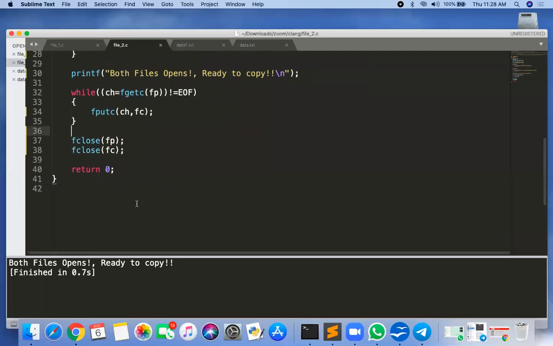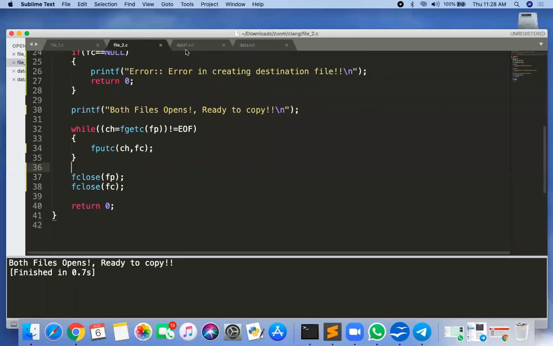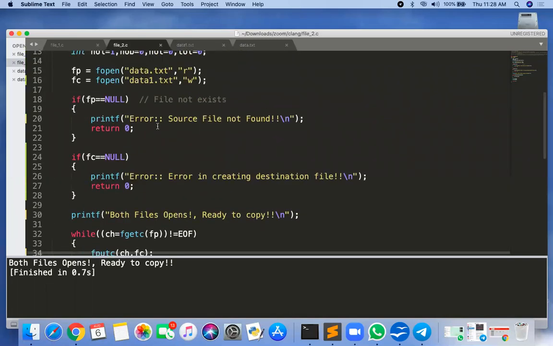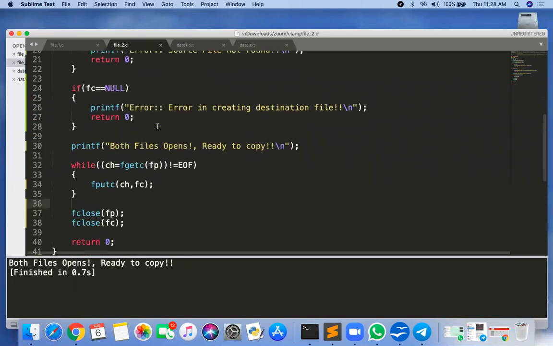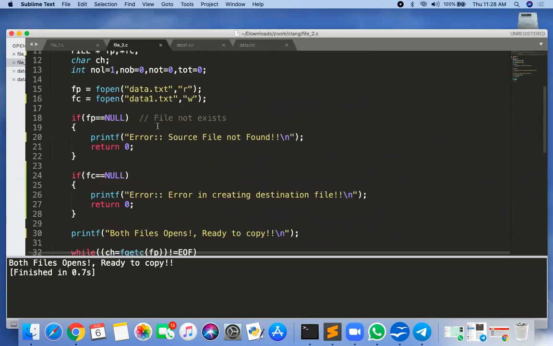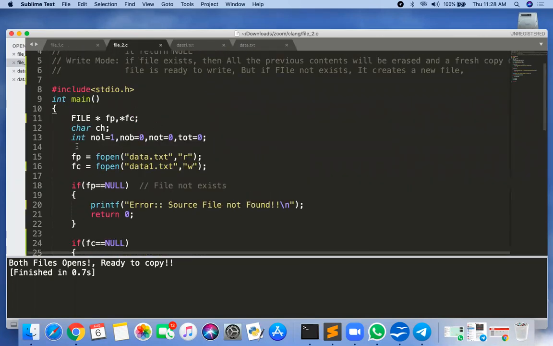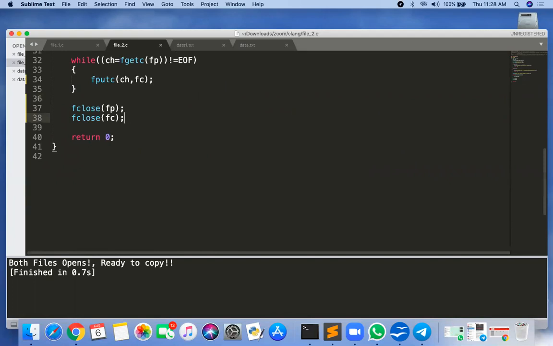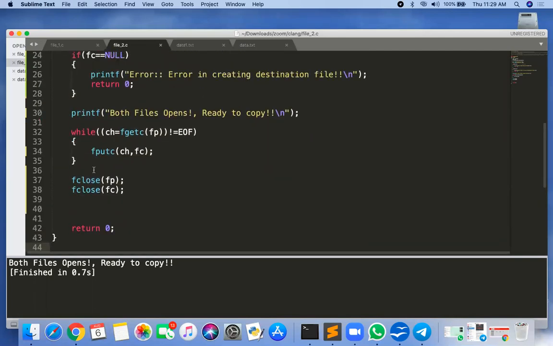Now we can modify the program so I can reopen data1.txt in read mode and check again what the content is. So how? First, give this program, sir, in the chat box. Now you can modify the program.